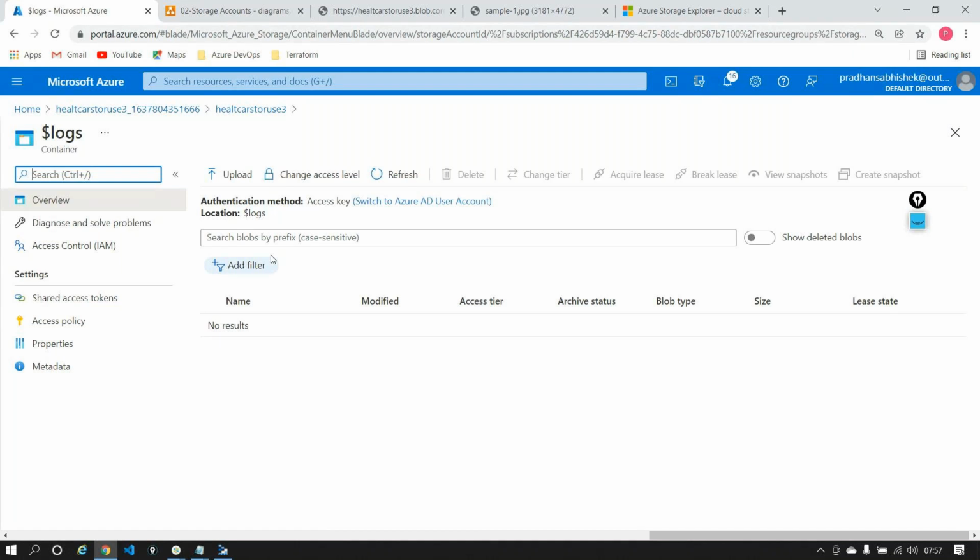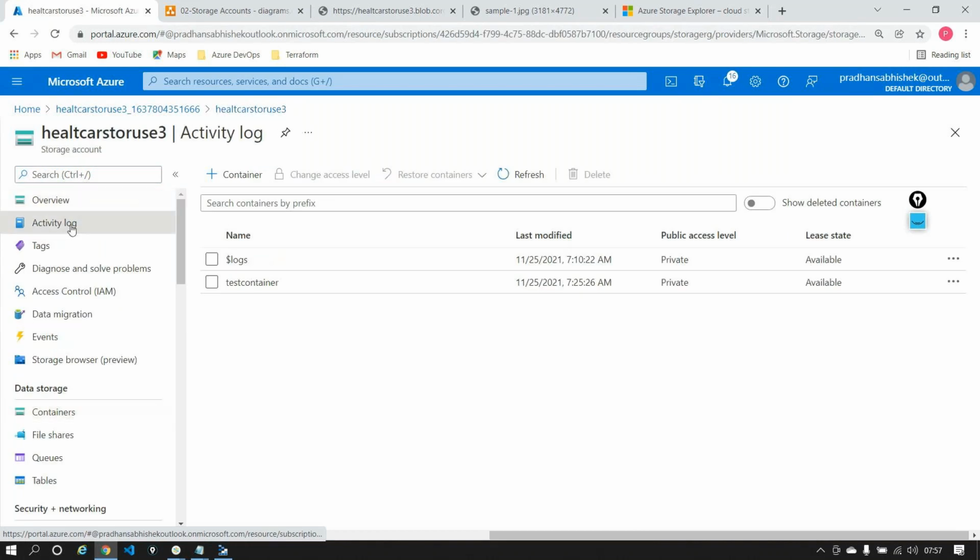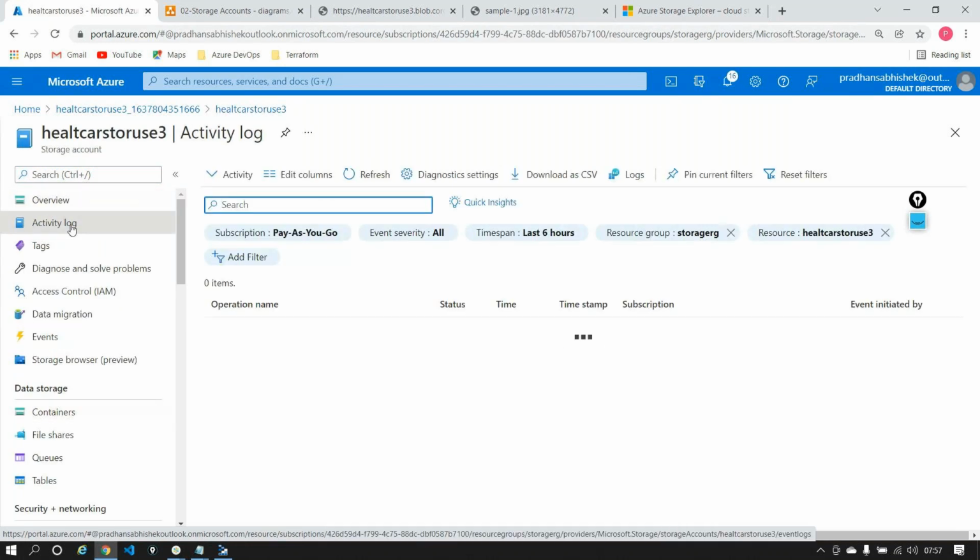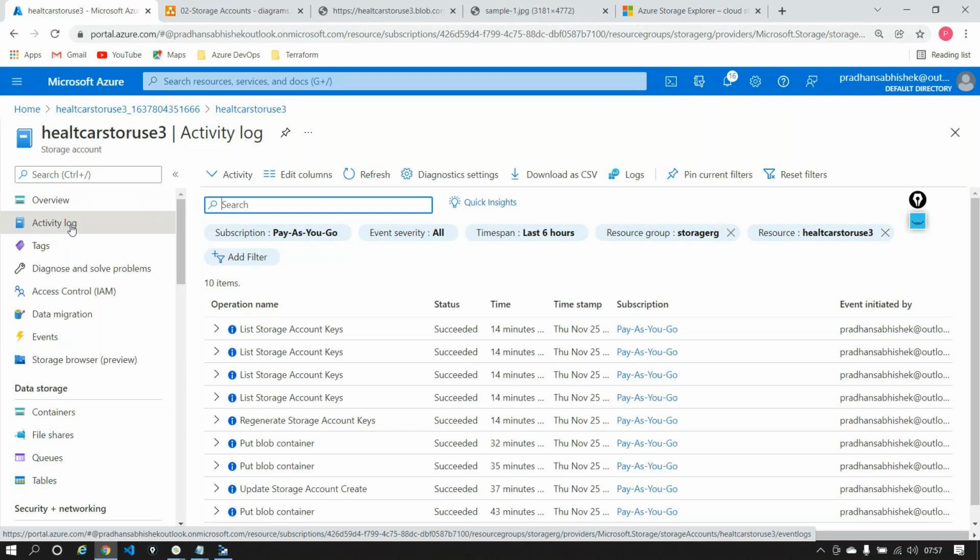No, it's not operations that are performed on the blob. All the operations that are performed on the blob will be captured in something known as an activity log. Just say your storage account crashes for some reason. So all these crash dumps or log files, a backup, not exactly a backup, but logs, like what happened at that point in time, what can you do, and so on.